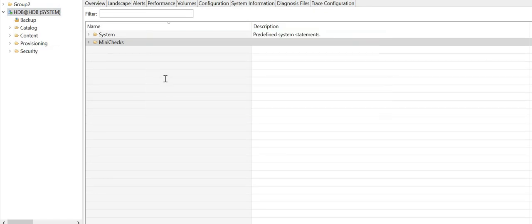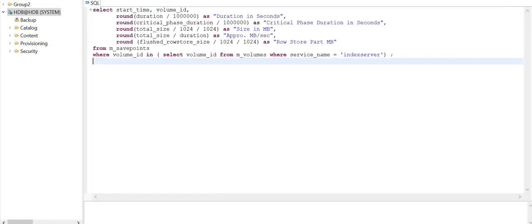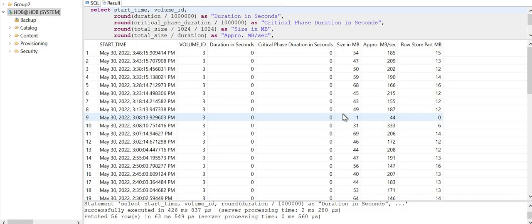This first SQL which I am showing now shows how much time the save point took to finish. For example, this is the date, which is today's date, and this is the duration in seconds and the critical phase duration. So what is the difference? Duration means the complete duration of the save point, and the critical phase is nothing but a blocking phase. We call it a blocking phase because during this phase all HANA operations, DML operations, get blocked,